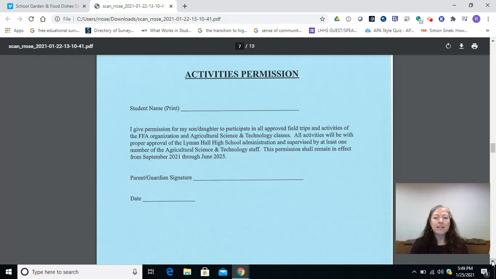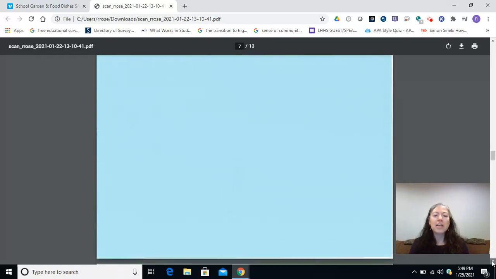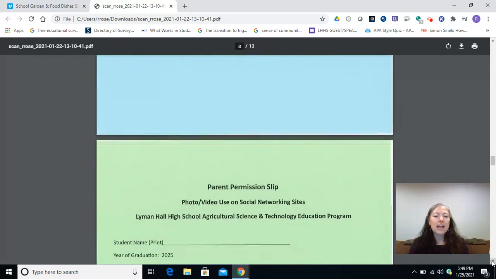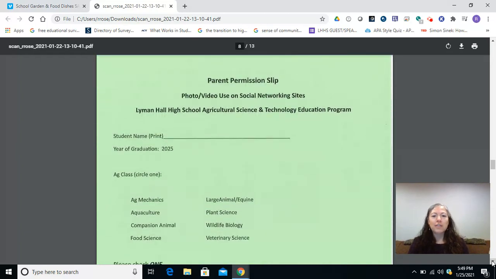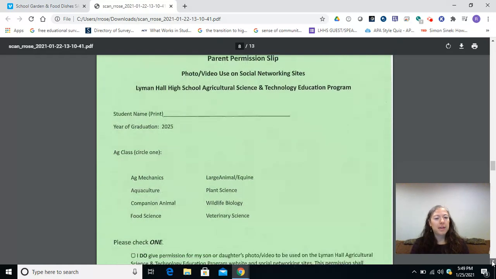Our next form is on the green paper, and this is our social media form. We always like to brag about what our students are doing, and we use a variety of social media platforms for this. So hopefully you'll agree to this so that you can also be part of the excitement. And of course, we never use individual student names, but we'll say things like, look at the wildlife biology students at the reservoir, or here's what our seniors are doing today. If you need a little more information on the district social media policy, there are further details on the back of this page.